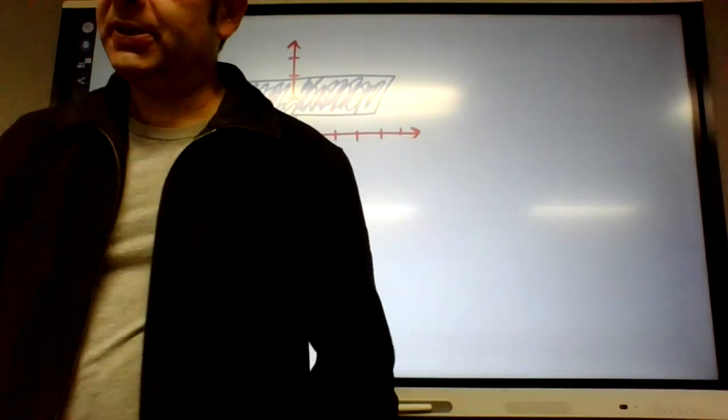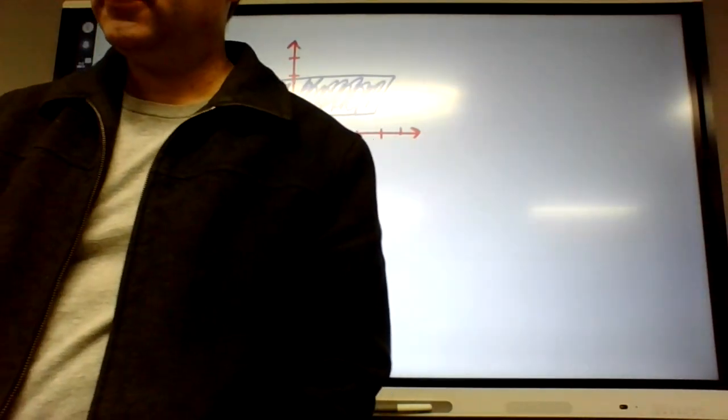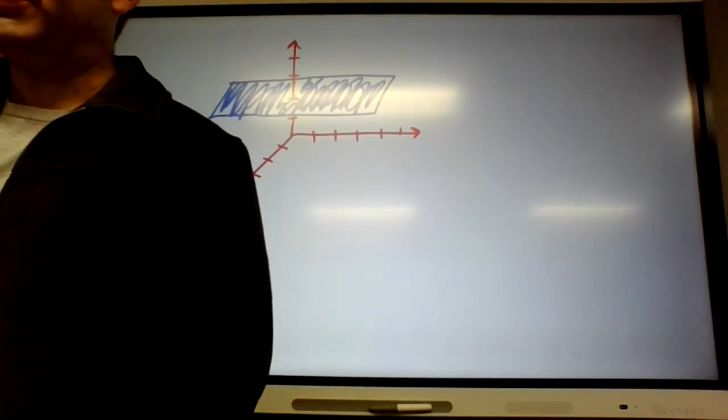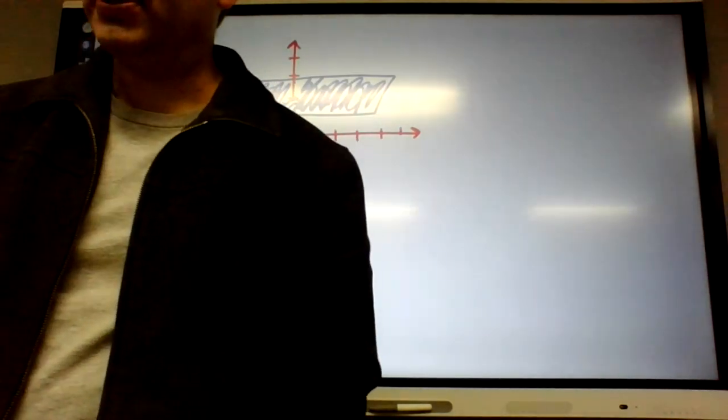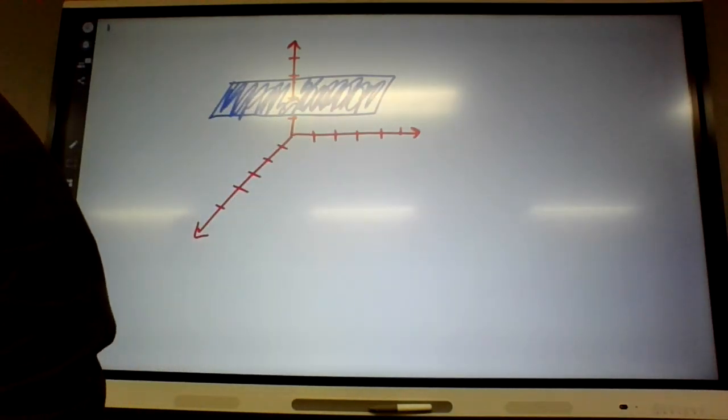Okay, number 7 in the picture, it says let E(4, 6, 1) be a vertex of the rectangular box shown. So E's out in the corner there. Find a Cartesian equation of each plane. So we just drew,